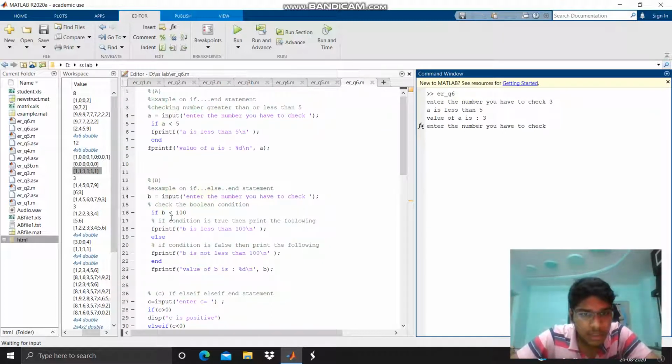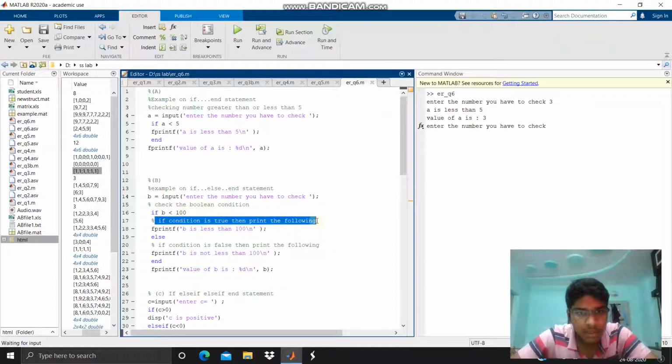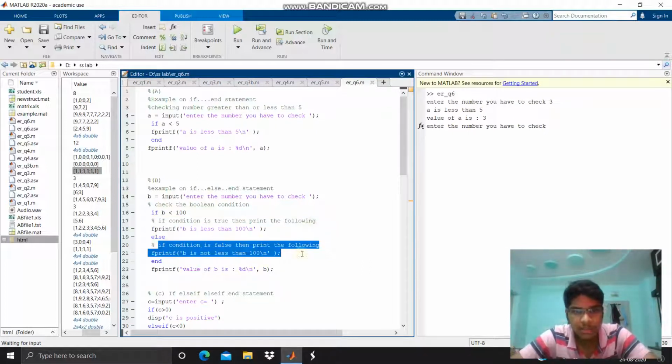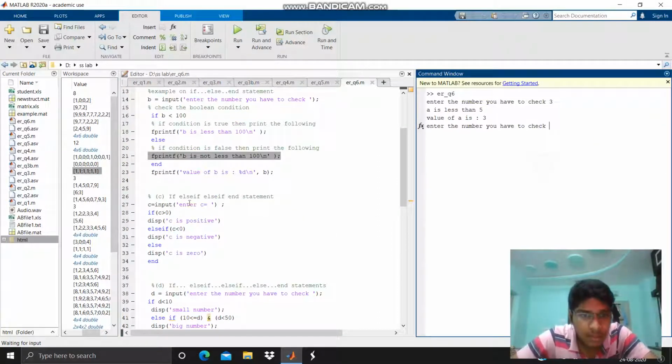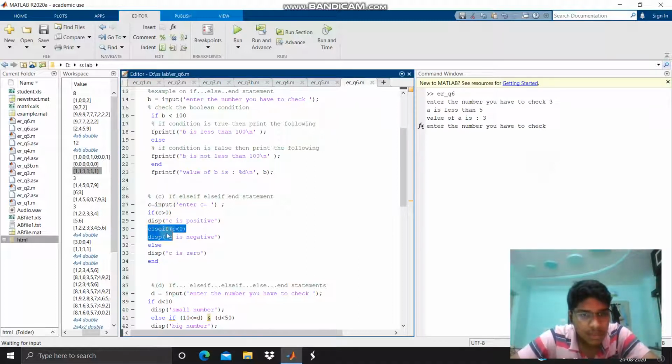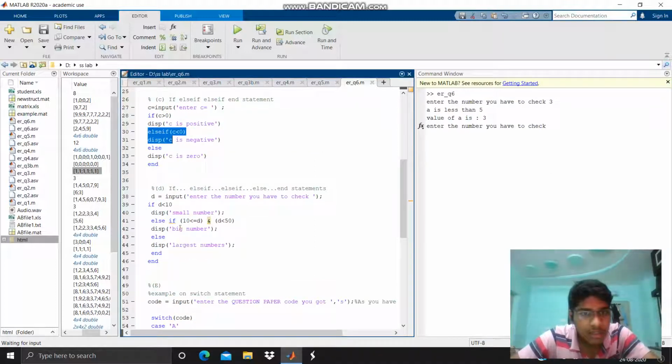And the second one, if else statement. If the condition is true, then it will give this one, or else it will show this printf. Here it is. And for the third, if else statement, there is an if statement and there is an else statement. In else there is if and else. So here C, I'm given when C is a number. If C is positive, it will show this one. Or if C is negative, it will go to this else and say C is negative. And if C is not negative, it will also tell C is 0.